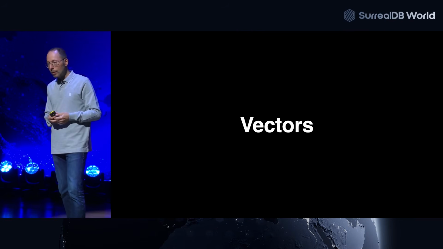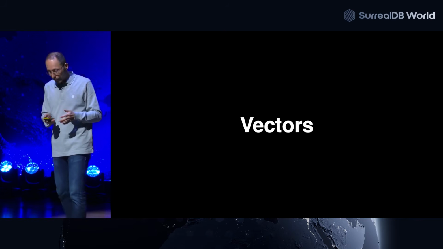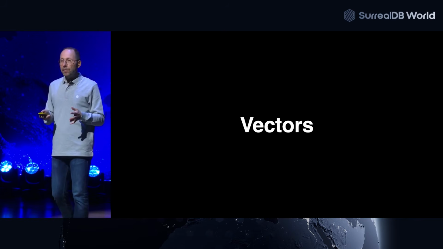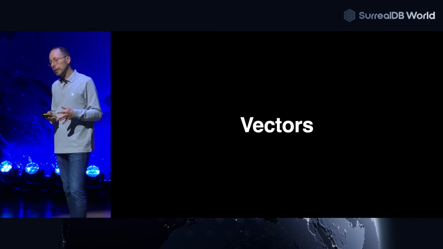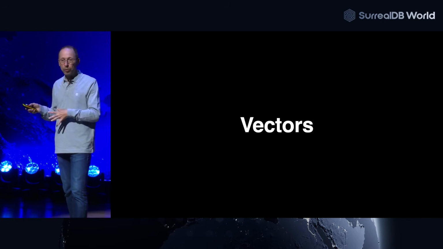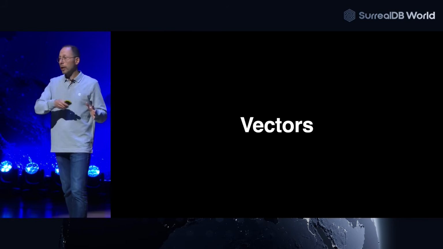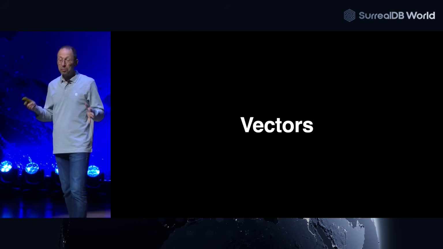Next, vectors. They are not directly related, but there is an indexing part on vectors. We really believe, of course, in everything that is happening with AI today, and from the beginning, SurrealDB has been able to store arrays and vectors. So we wanted to leverage these capabilities, and I think there is no better platform for storing a huge amount of vectors, because it is really easy to use.